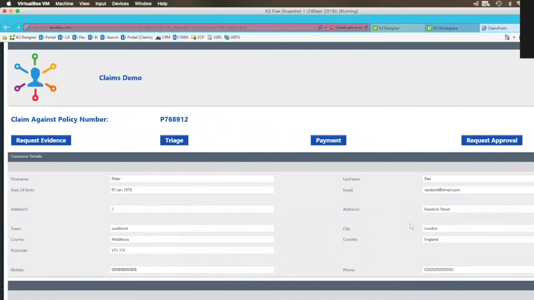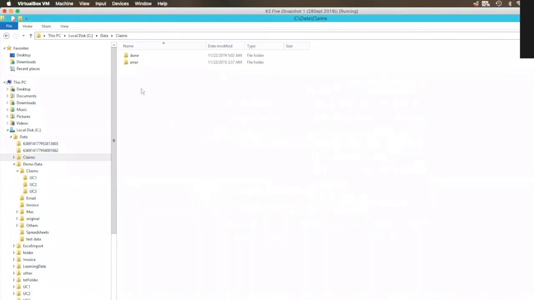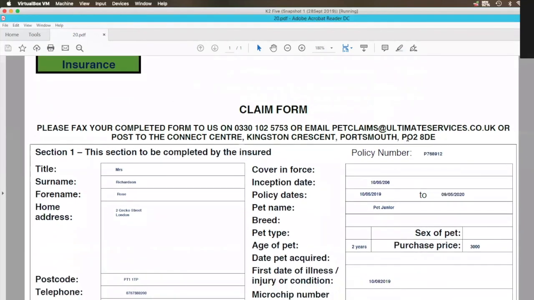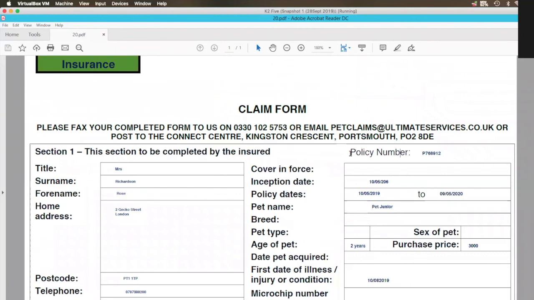So the actual activities are still the same, but behind the scenes, because the system extracted the policy number out of that PDF document, it has done all of these steps automatically. If I go back to that document, you'll see that was the policy number there. So it does feature extraction, and it knows what a policy number is and how much weight to give to this.